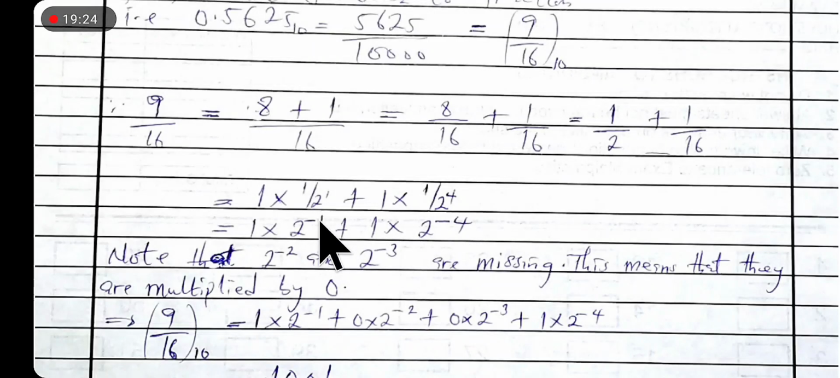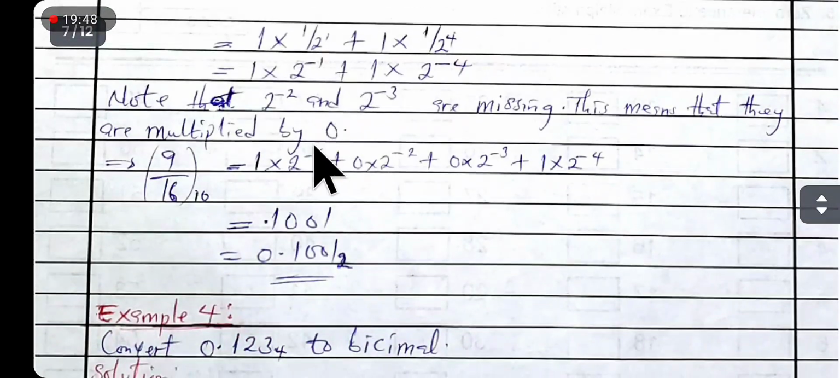So from minus 1 to minus 4, you discover that something is missing. Minus 2 is missing. Minus 3 is missing. So in between minus 1 and minus 4, there are two values that are missing there in their power. So note that 2 raised to power 2 and 2 raised to power 3 are missing. This means that they are multiplied by 0. So what it means is that